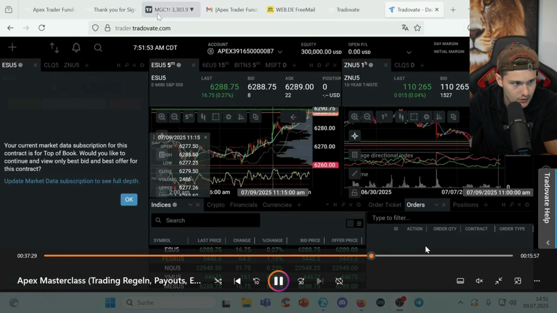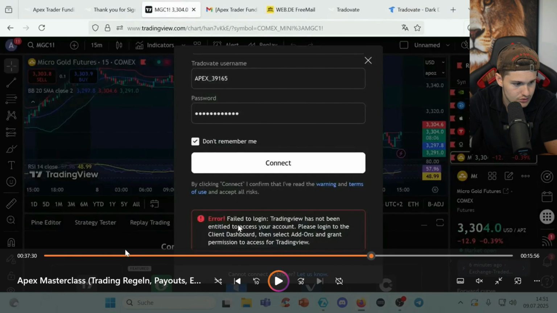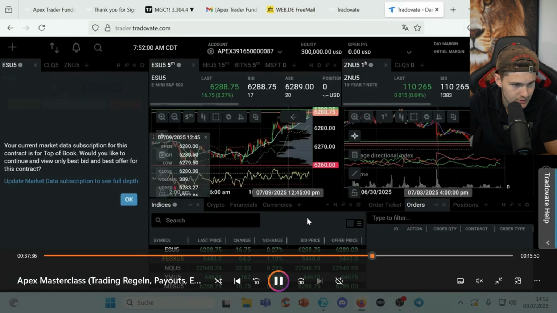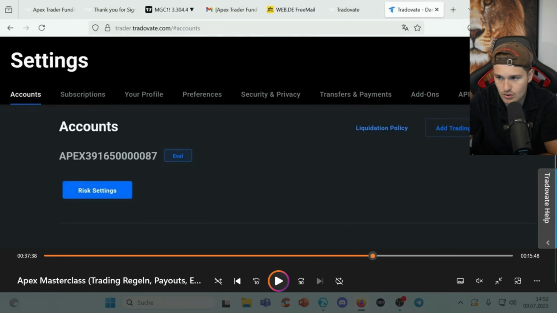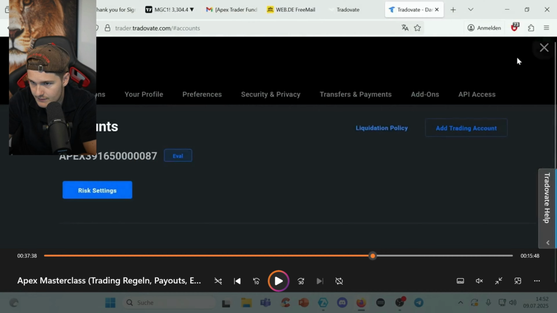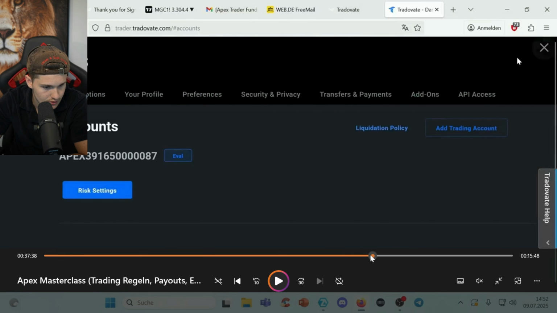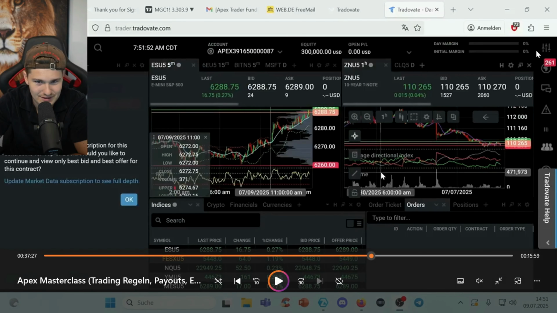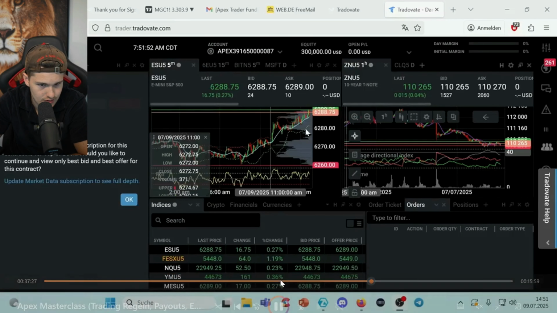But also when you want to trade on TradingView, you have to go to connections down here, click onto TradingView, and then again do your confirmation here. So your username and your password, but also very important, because sometimes it doesn't work, you have to go to application settings under my face cam here. I will show you in a quick second. You see I clicked on the application settings. One second, there is my face, I'm showing it. But here you will see the application settings. So if we click on this,